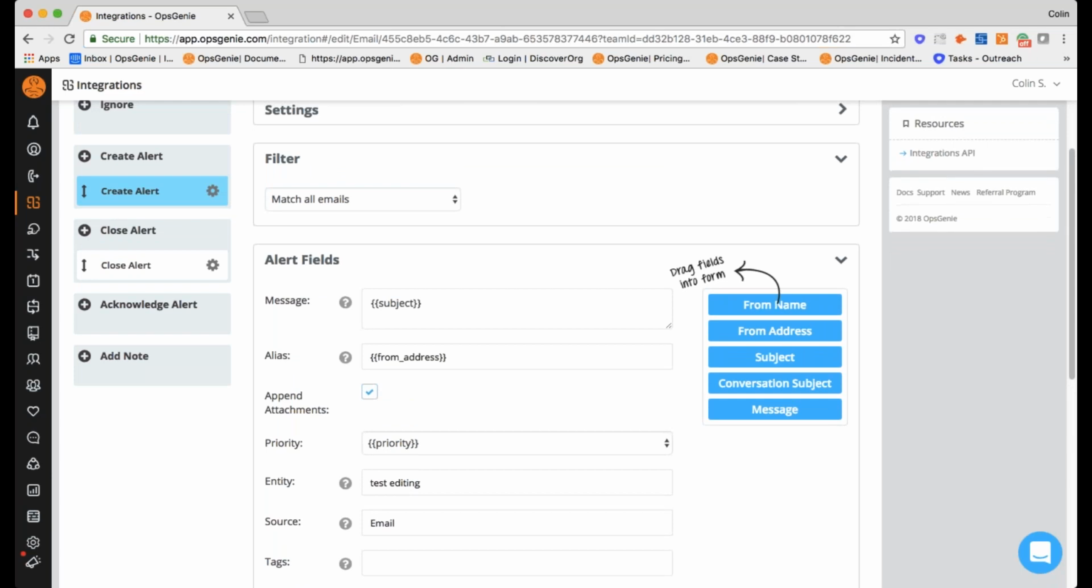So because emails can come in all different shapes and sizes, it makes it a bit harder to determine what we're going to use to either deduplicate an alert or to know to create a new alert. One thing I've found is that in some cases when it comes to using network equipment to send emails